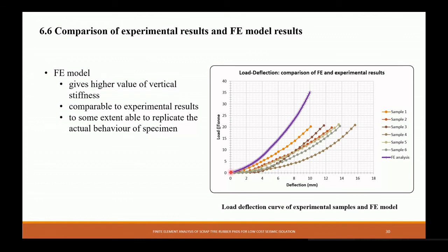Now initially the stiffness was comparable for these samples, but if you look at it, this deviates as the load or the deflection is increased, and there is this much of deviation there. Now this could be due to the material model. This could be due to other finite element analysis procedure. But the idea is that in the future work, all these issues, an appropriate material model would be found out. And we have used the most simplified material model. This could be further utilized.